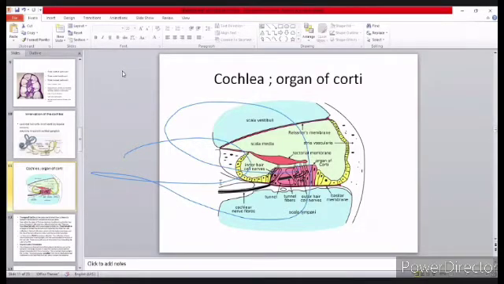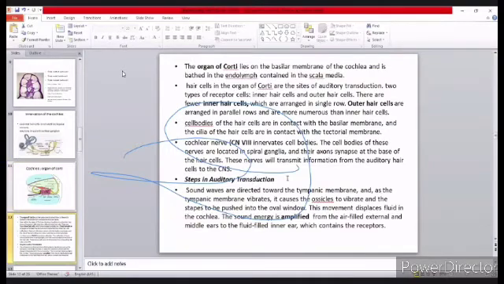So what are some of the steps in this transduction we're talking about? Sound waves are directed to the tympanic membrane. When it vibrates, it causes the ossicles to vibrate, which are the malleus, incus, and stapes. The stapes footplate is placed on the oval window. As it taps, the sound waves are transmitted into the fluid of the inner ear, and the sound passes through the